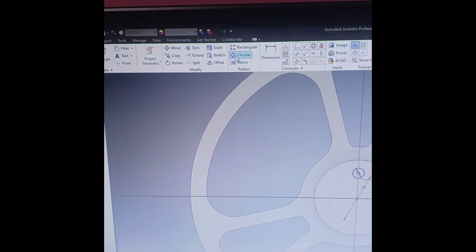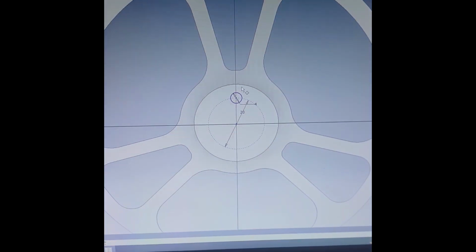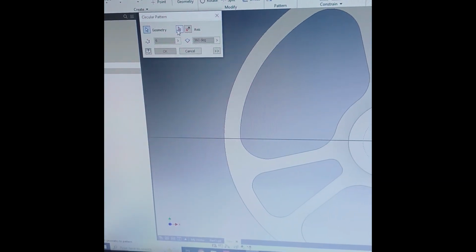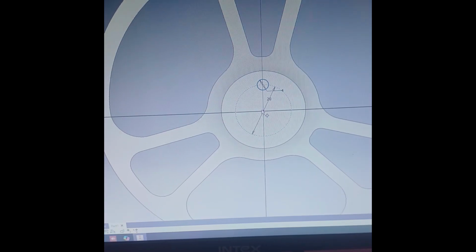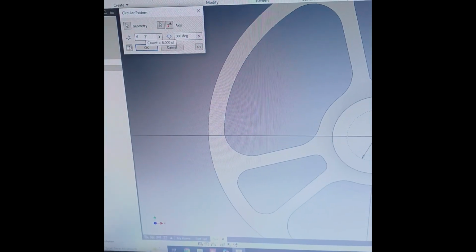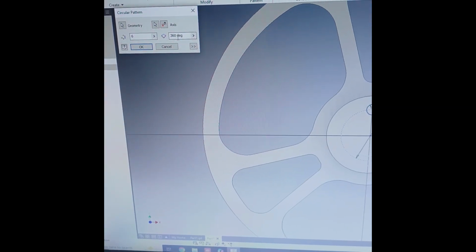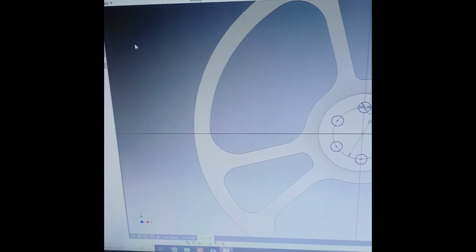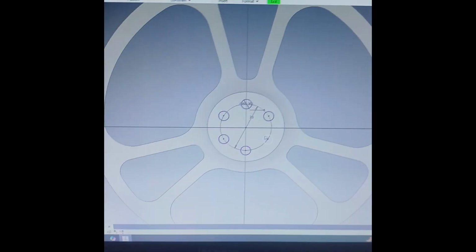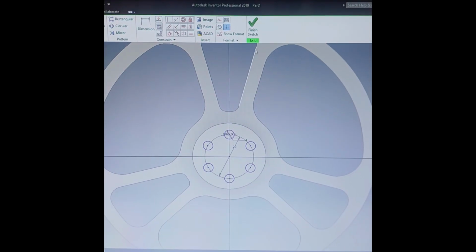Okay. Now here go to the circular pattern, select the circle, and here, as you know, click on axis, select this axis. This time I'll take a count of 6 and degree will be 360 and press OK. So 6 circles will be formed here. Okay. Now here finish sketch,